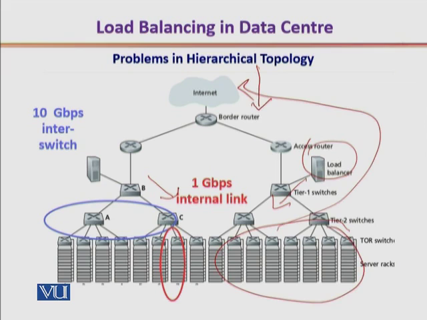For the sake of example, let's understand that between the switches, for example, this switch and this switch, there is 10 gigabits per second inter-switch connectivity, and within the rack, these hosts have 1 gigabit per second internal